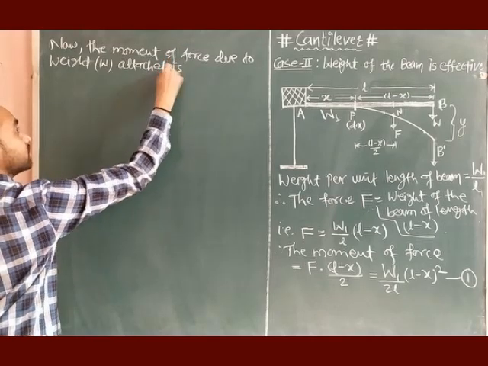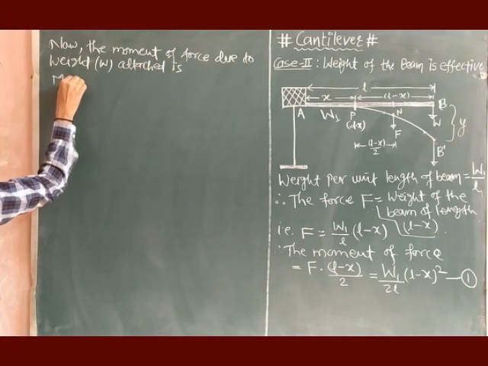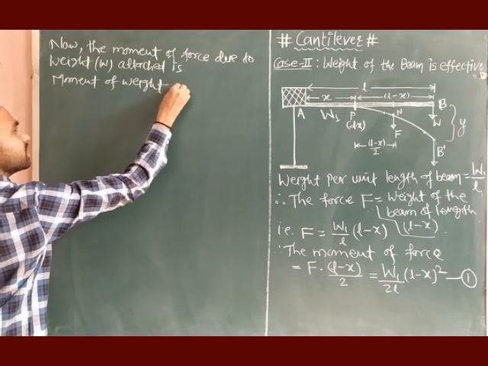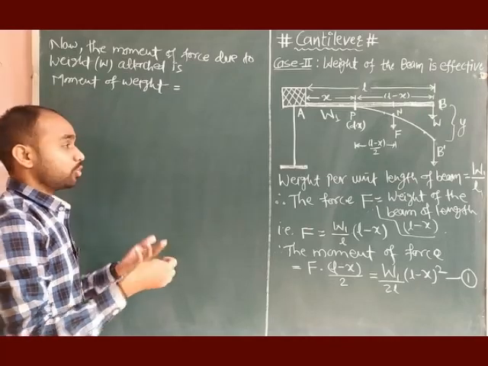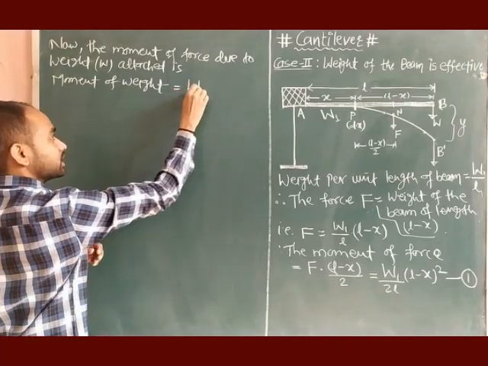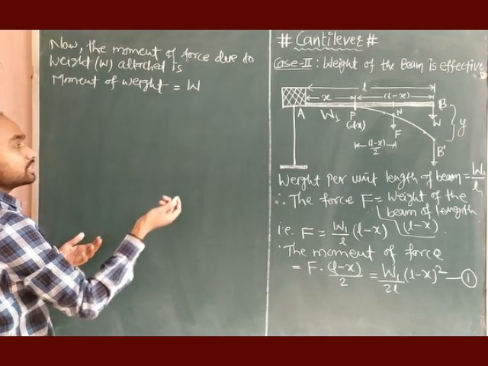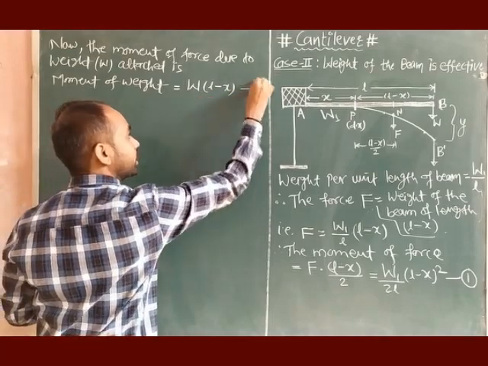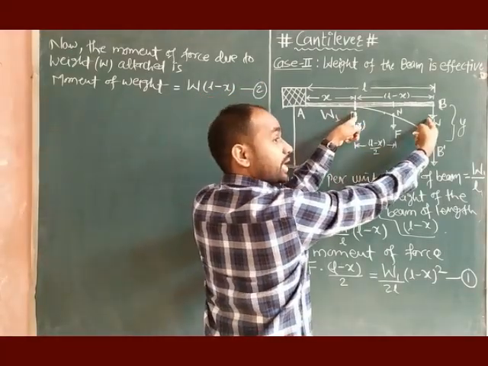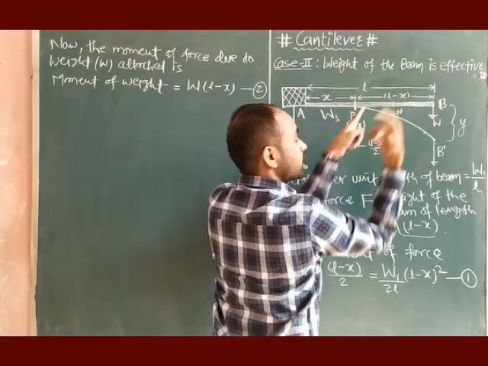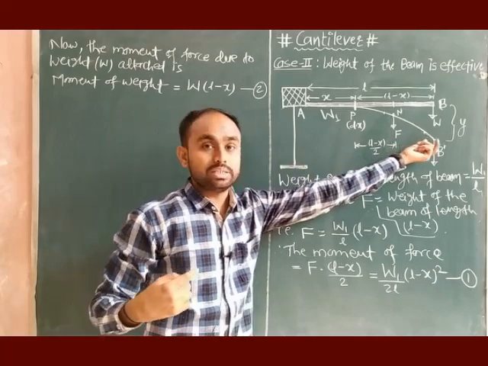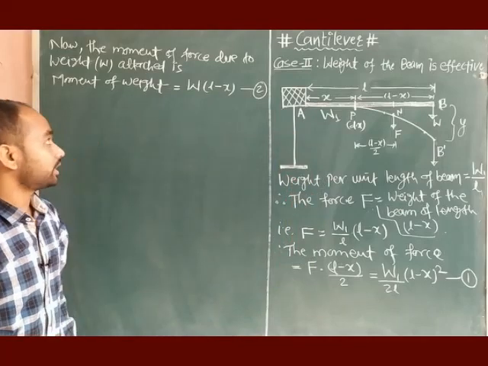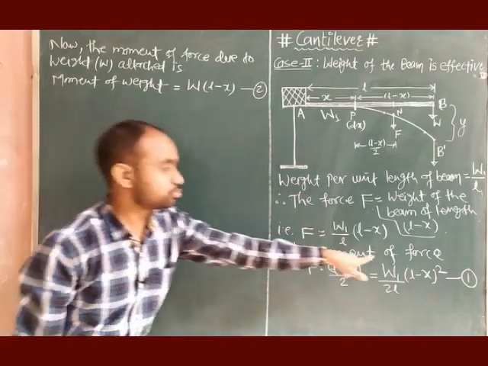Let me write here. The moment of the weight we can write directly. The weight is nothing but the force. Whatever weight we are attaching, that much is the force, into the distance, and its distance is L minus x. This is equation number 2, right? From this point P, the weight we are attaching is at the distance L minus x. So the weight we attach acts as a force, and L minus x is the length. This is the moment of weight, and the earlier one is the moment of force.